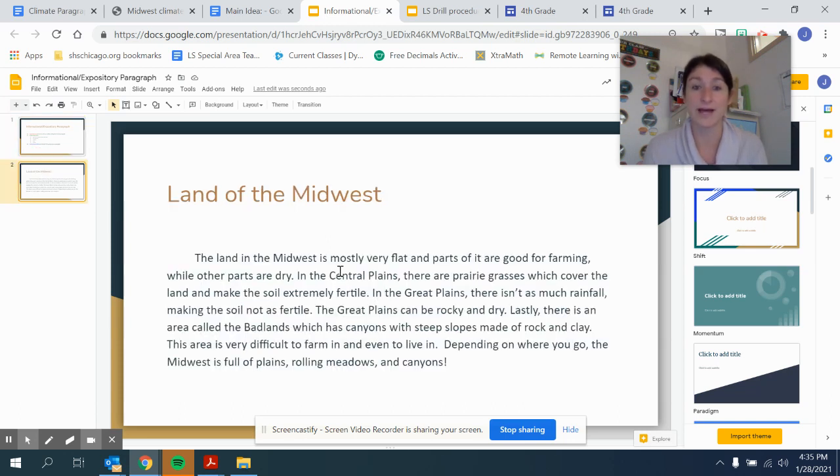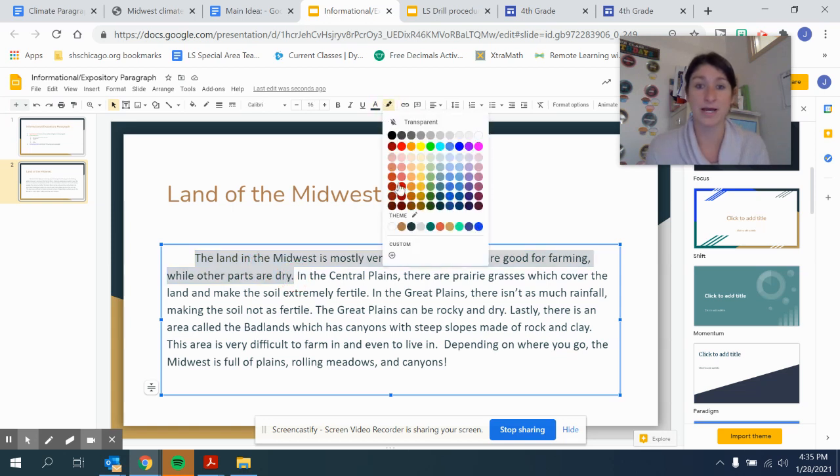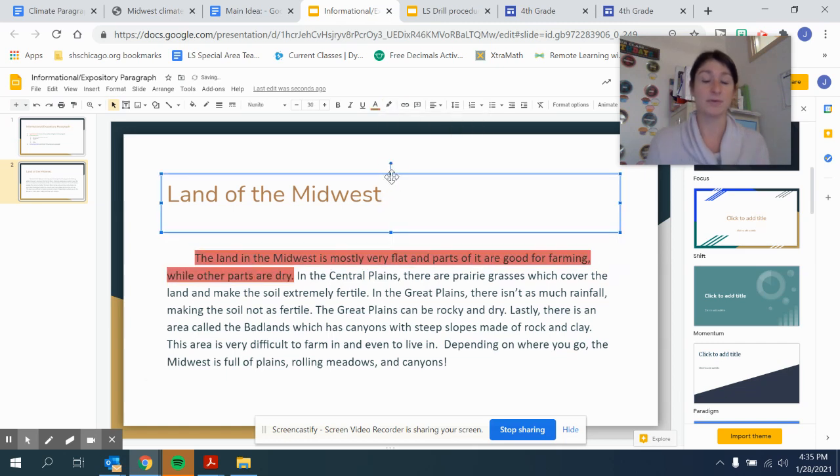The land of the Midwest is mostly very flat and parts of it are good for farming while other parts are dry. I see that I made this part here, and I'm going to highlight it in a light red, as our topic sentence. I introduced what I'm going to be talking about,